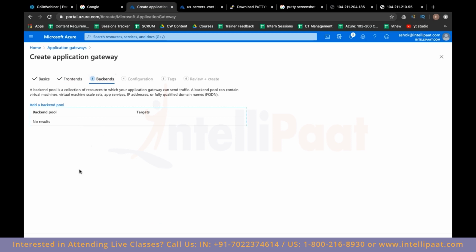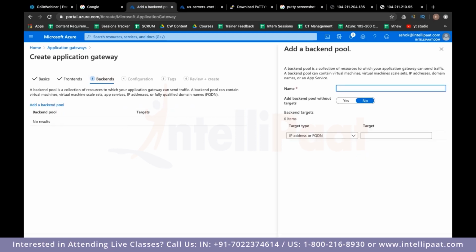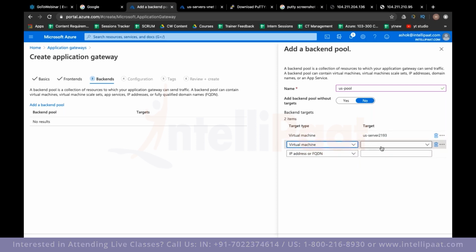Now it's asking me to add backends. So backends, we can click on add a backend pool. Let's name this backend pool US-pool, and let's add the virtual machines in this. So the target type would be a virtual machine, and it could be US server 2. Let's add this first, and again a virtual machine, and let's choose